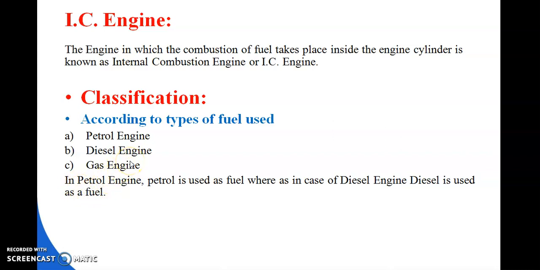So till now we have already discussed what is an IC engine, and under this IC engine we have already discussed the petrol engine, diesel engine, two-stroke engine, four-stroke engine, and what are the different types of cycles we are using for the petrol engine and for the diesel engine. What is the PV diagram of each cycle and how it works?